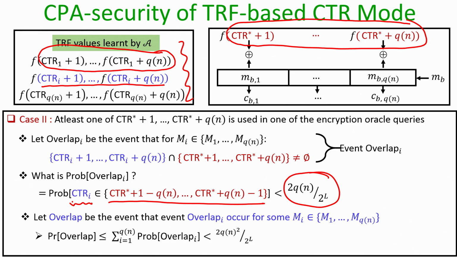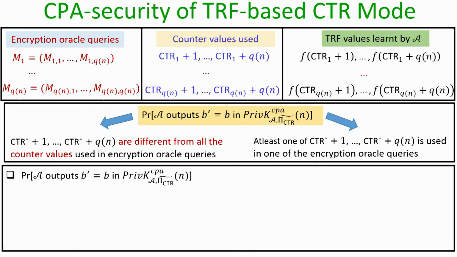So, I can apply the sum rule, and by the sum rule I get that the probability that the event overlap occurs can be upper bounded by this quantity. So, now coming back to the answer, what is the probability of the adversary winning the CPA game against the truly random function based